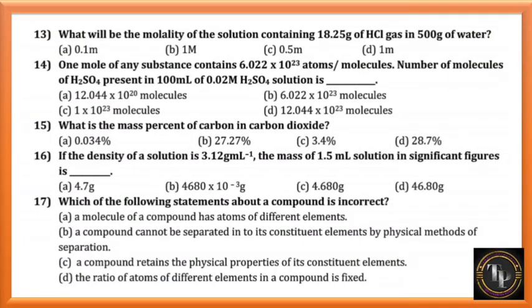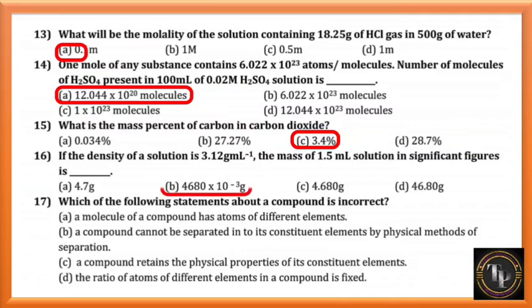What will be the molality of solution containing 18.25 gram of HCl gas in 500 gram of water? The answer is 0.1 molar. 1 mole of any substance contains 6.022 into 10 power 23 atoms or molecules. Number of molecules of sulfuric acid present in 100 ml of 0.02 molar sulfuric acid solution is 12.044 into 10 power 20 molecules. What is the mass percentage of carbon in carbon dioxide? 3.4%. If the density of the solution is 3.12 gram per liter, the mass of 1.5 ml solution in significant